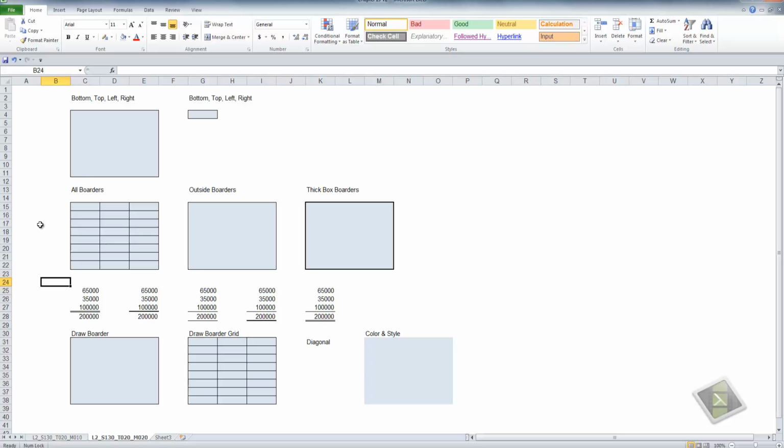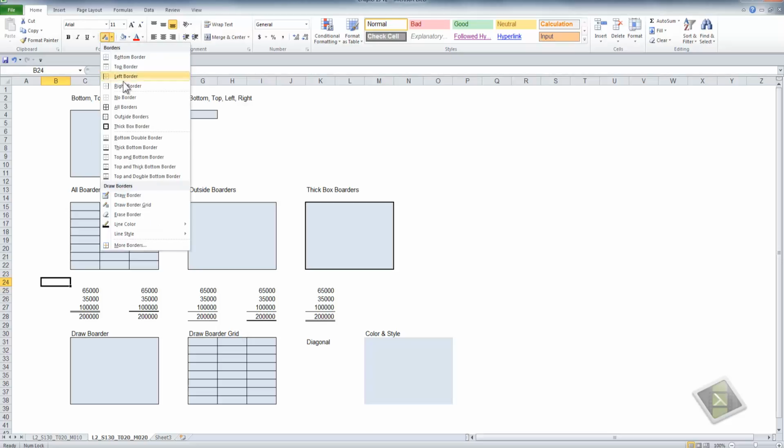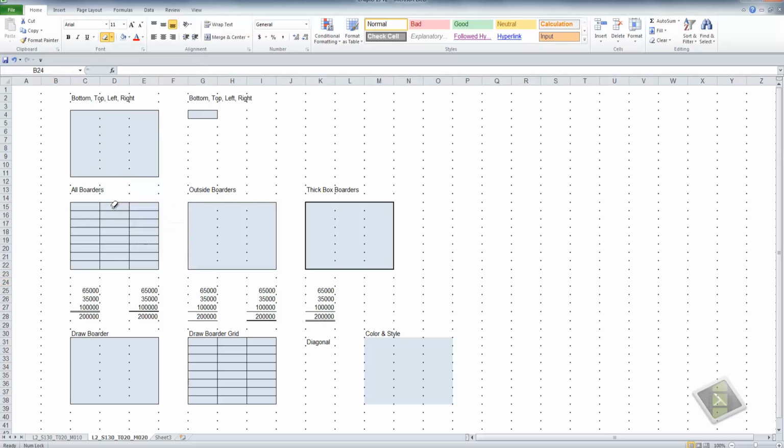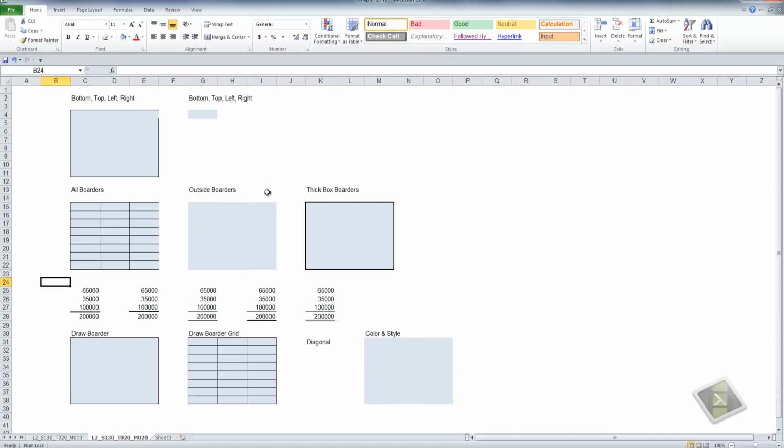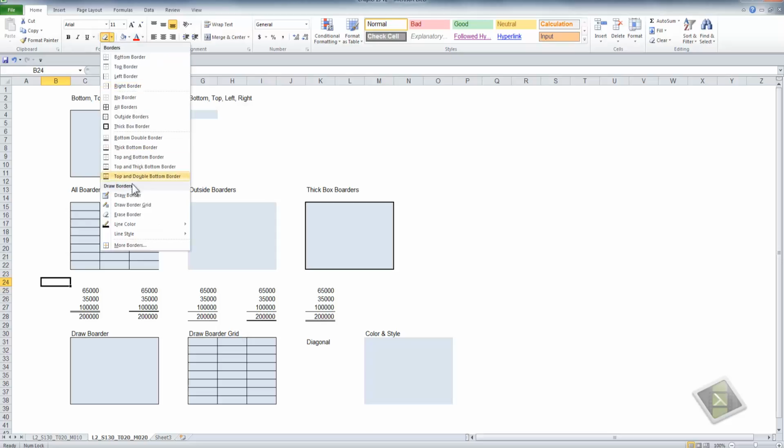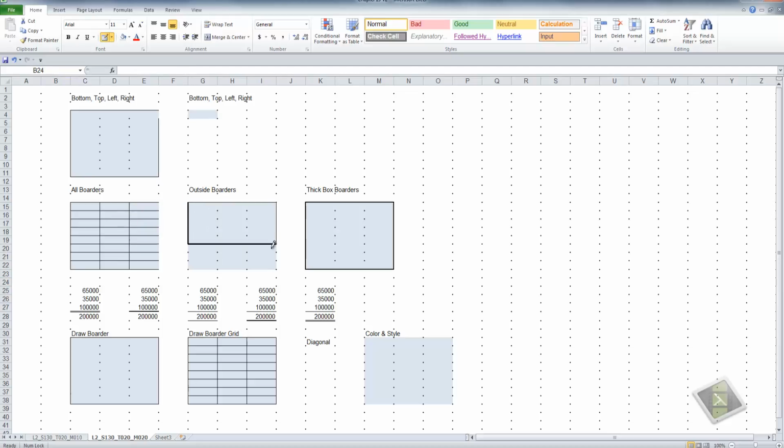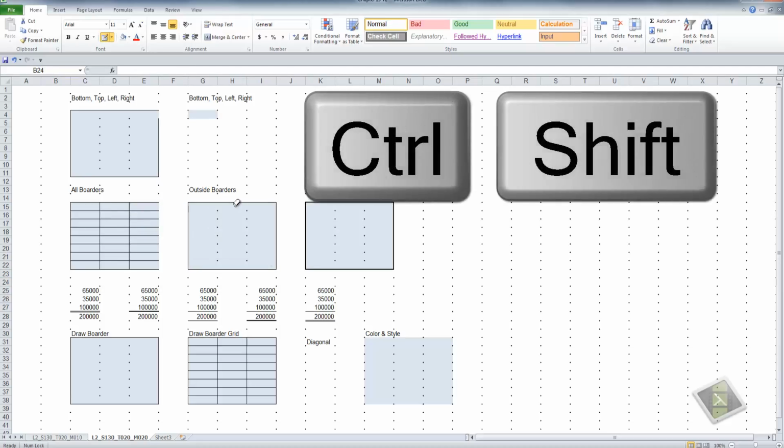initiate the drawing tool. The next option is to erase what we just did or what we've done in one of the prior steps. I'll erase this border. I'll erase this border. You can also get the eraser by pressing Control-Shift right after you create a border. So I'm going to use the drawing tool once again to draw a border right here where it was. And then holding down Control-Shift, I get my little eraser, which allows me to erase the border that I just